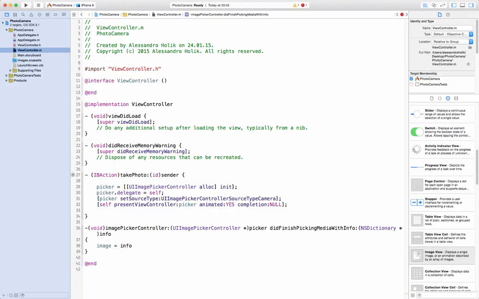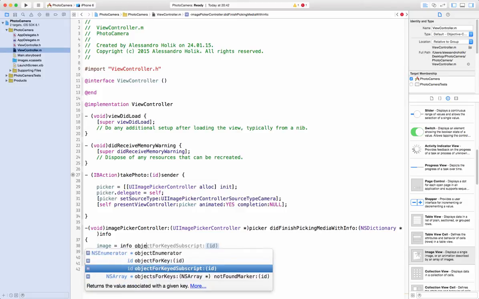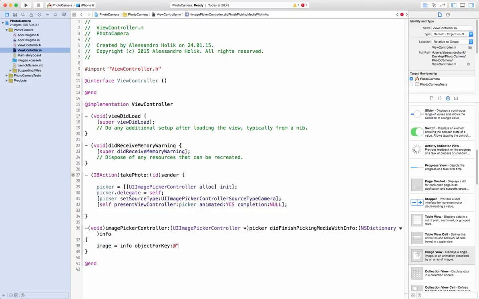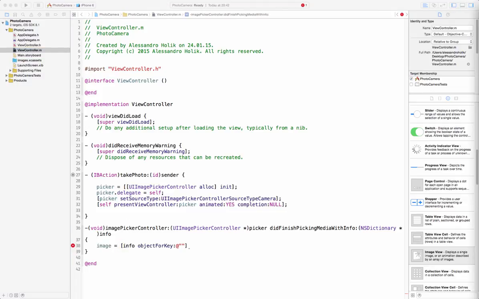We can use the parameter info objectForKey, this one. And now I never know this by heart, so I need to copy this myself. Can simply put this in here,